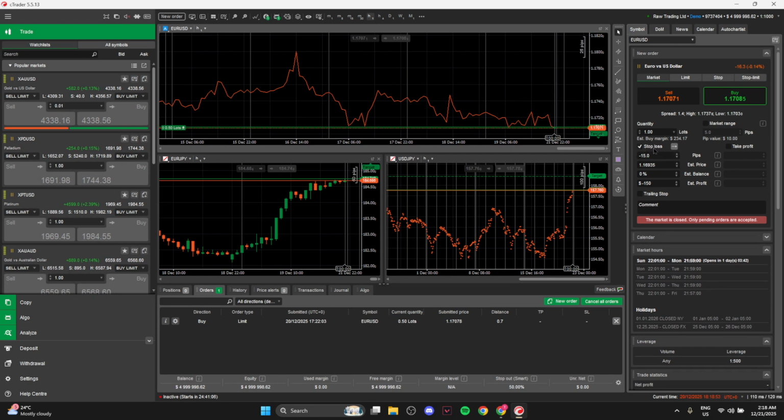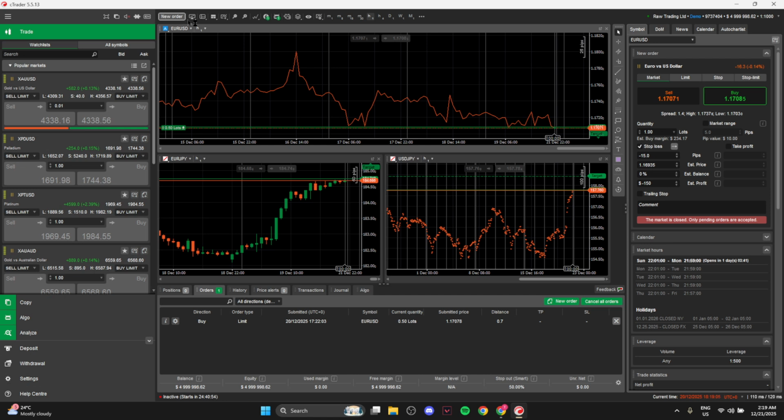With the stop loss enabled, place it directly on the chart by dragging the stop loss line to your chosen level. For a buy order, that's typically below your entry. For a sell order, it's usually above. As you drag, Ctrader shows the stop price and the distance from your entry, often in both price and pips. Choose a level that makes sense technically, beyond a recent swing or structure point, so the stop isn't too tight